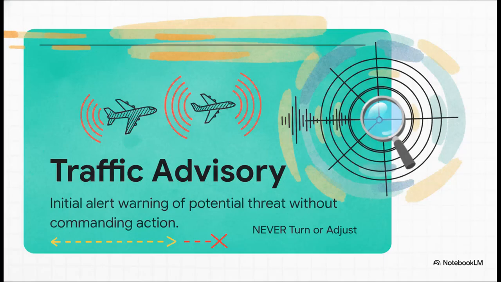Okay, so picture this. The system detects nearby traffic, and you hear that unmistakable auditory alert. "Traffic, traffic." That right there is your traffic advisory, or TA. It's your initial alert warning you of a potential threat. Now, to help you memorize exactly how to handle this, use this fantastic little trick. TA equals think and anticipate. Never turn or adjust. I'm going to repeat that because it's absolutely crucial. Never turn or adjust. At this stage, the TA is strictly an advisory, meaning it does not command any evasive